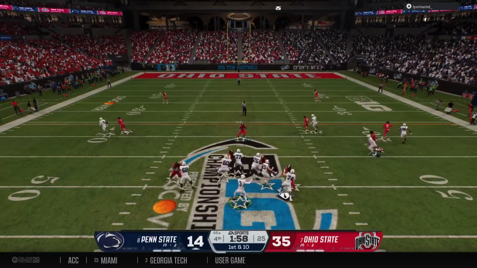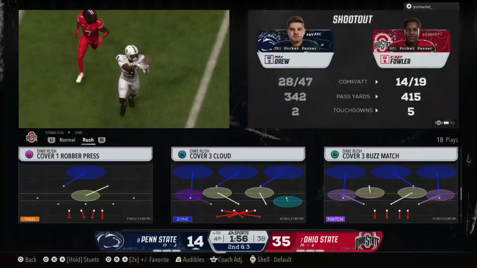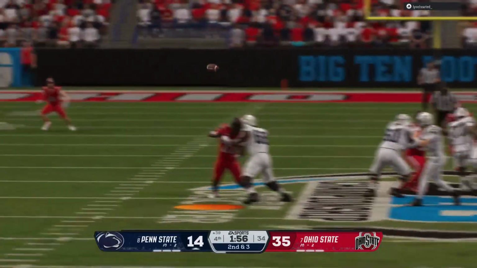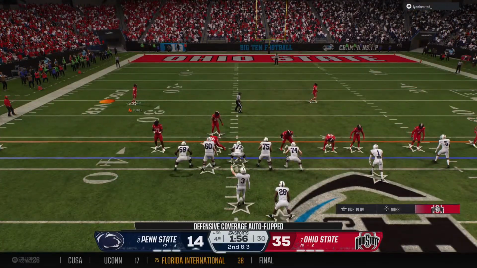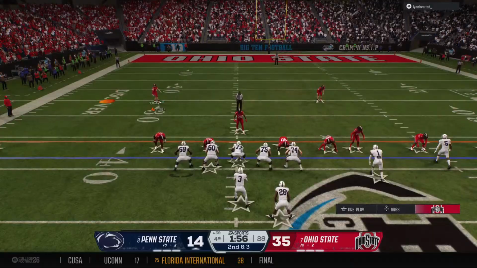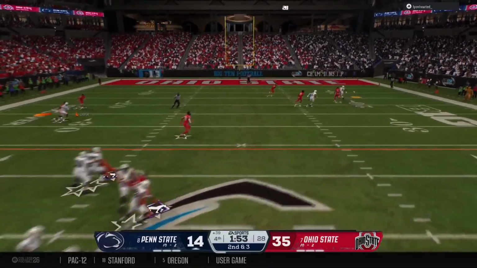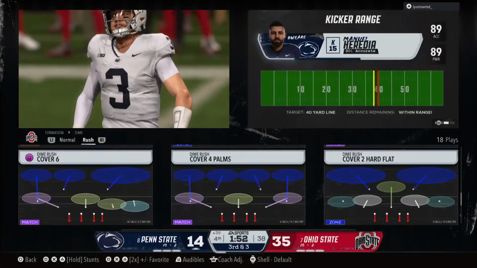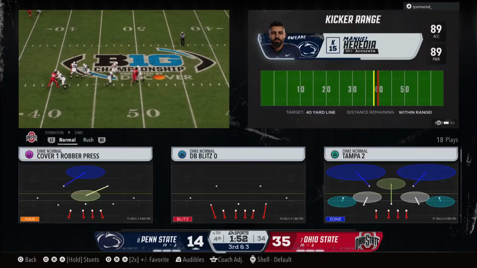Looking to throw it again. It's an out route, the catch made. And he'll run out of bounds after picking up a few yards on the play. Hey, there's the execution that's been lacking most in this game, but they'll take it. You know, you try to do everything that you can to learn and try to build for the future. And at this point in the game, it's obviously over, but you love to see the offensive coordinator still giving this quarterback opportunities. The pass is broken up beautifully to prevent that big play.